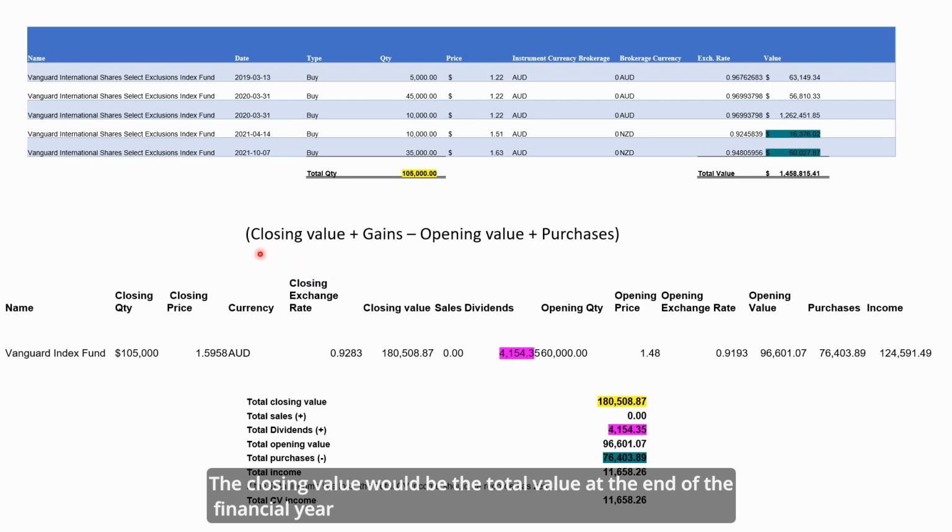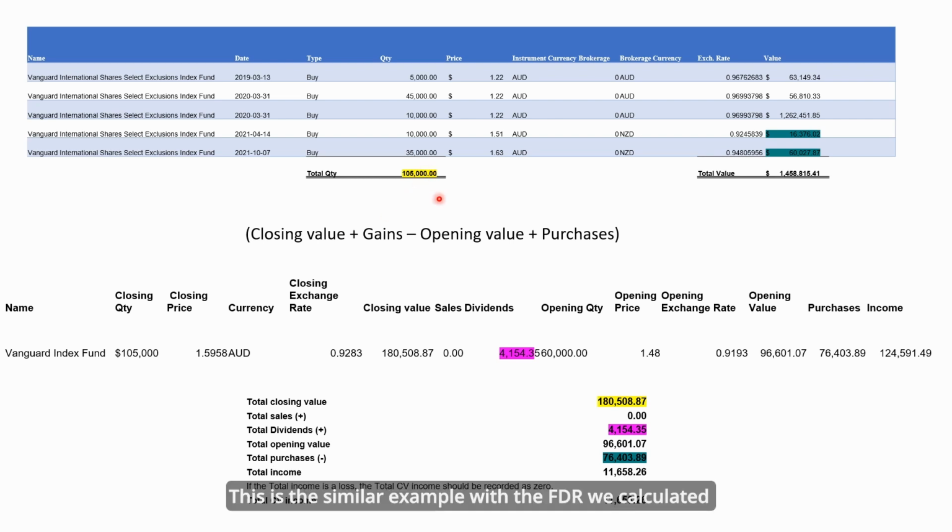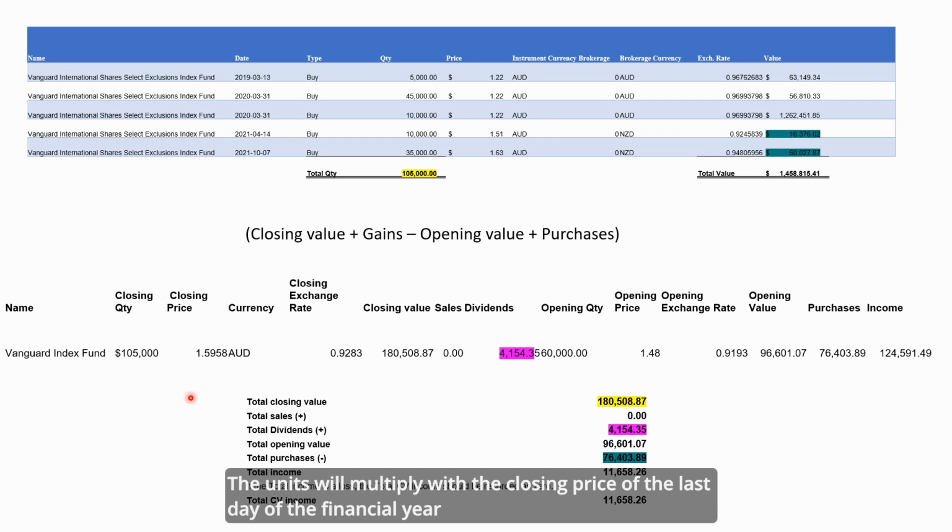So first we need to get the closing value. And the closing value is the total value at the end of the financial year. If you look at here, with a similar example that we had when we calculated the FDR, the total units they hold will be 105,000, and that times the closing price of the last day of the financial year, with the conversion, and so the closing value that you have will be $180,508.87, and plus any gains, which is the dividend you receive during the year, will be